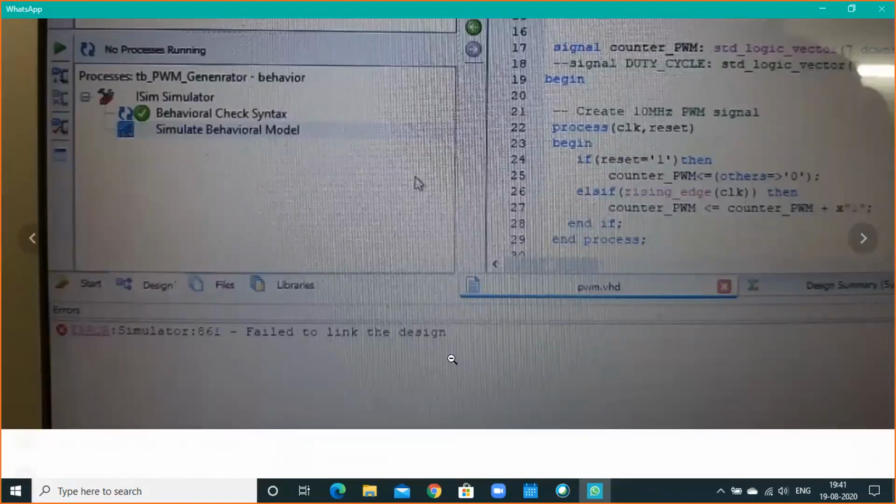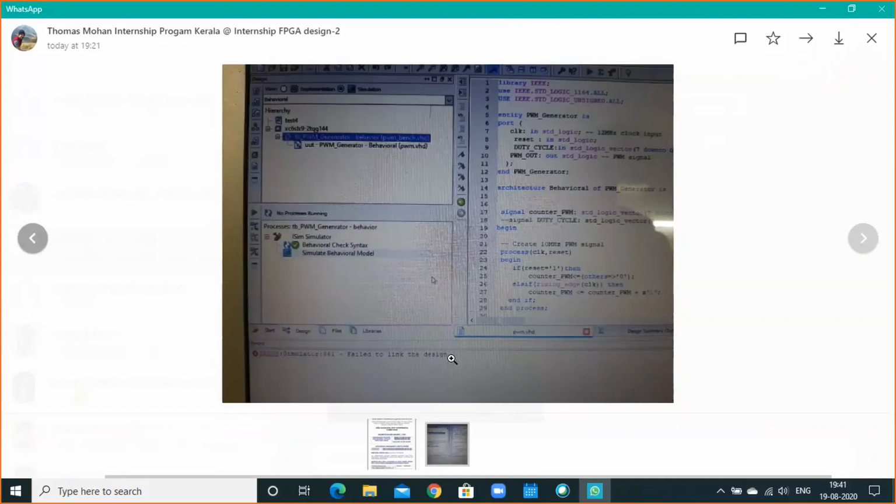Sure. Thomas, you don't have the kit with you, right? No, I don't have. Sridhar, you don't have a kit actually. He's just simulating on the software. Simulating, yeah, because for simulation the code is not required. What about the license? Have you generated the license? Yeah, in the first session, you explained the procedure, right? I got it like that only.